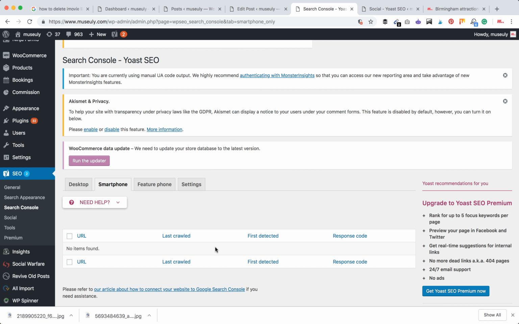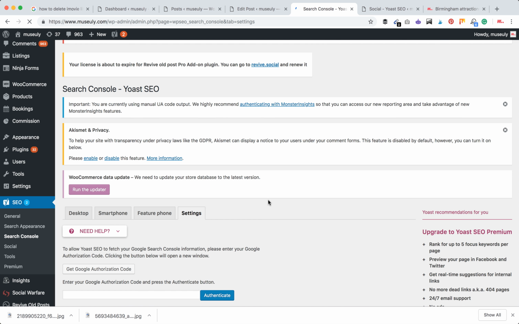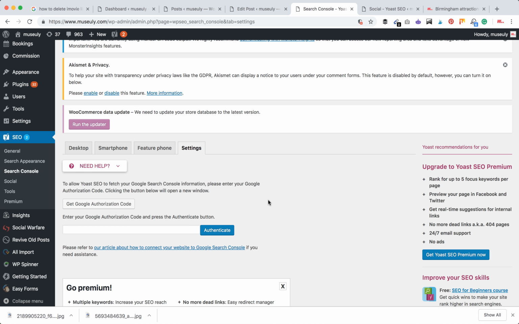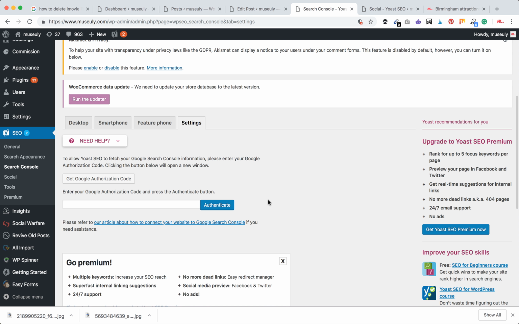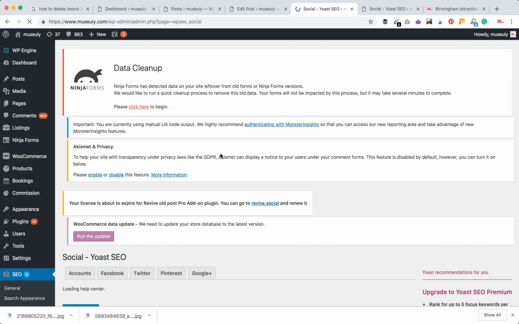Here obviously you need to connect your Google Search Console account, and you will get all your Search Console data right in the Yoast plugin. So you don't need to log into Search Console to see all the data. I think it's also quite useful. Tools,